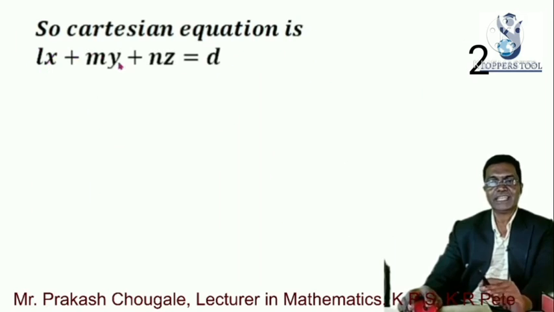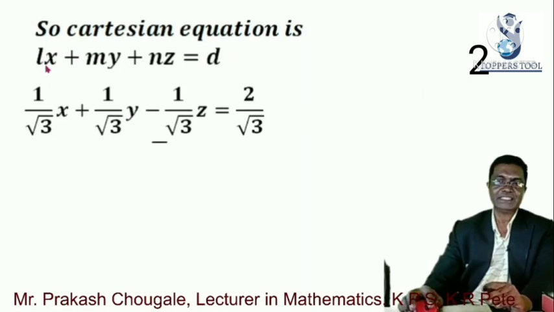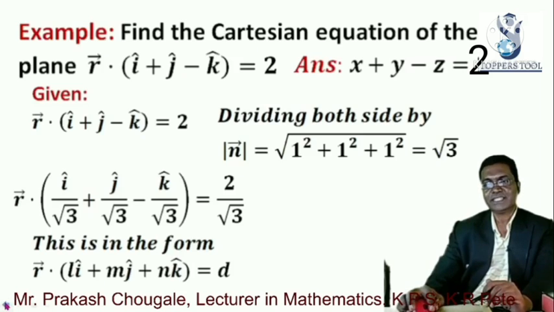This is Lx plus My plus Nz equal to D, and we know that L is 1 by root 3, M is 1 by root 3, and N is minus 1 by root 3, and D is 2 by root 3. Just see here, this is your D, and L is 1 by root 3, M is 1 by root 3, and N is minus 1 by root 3. So